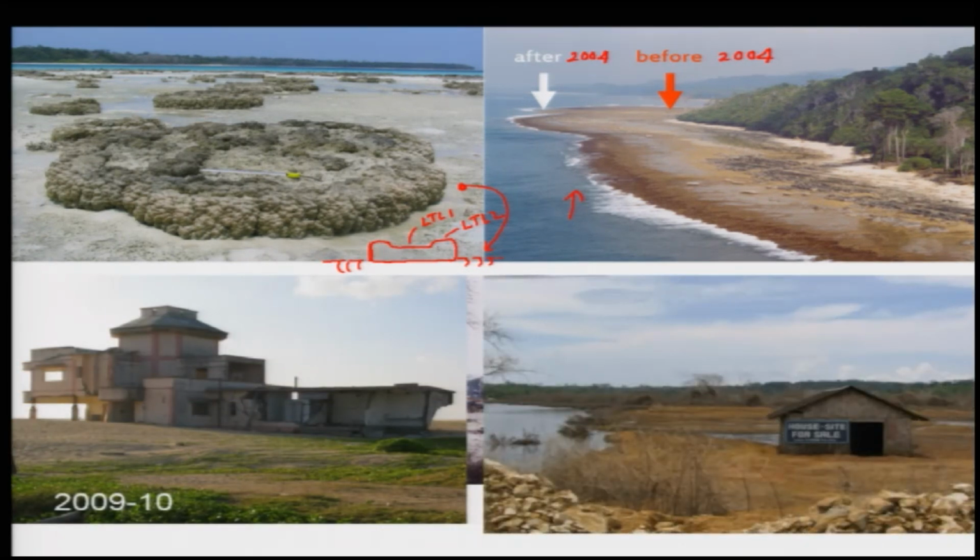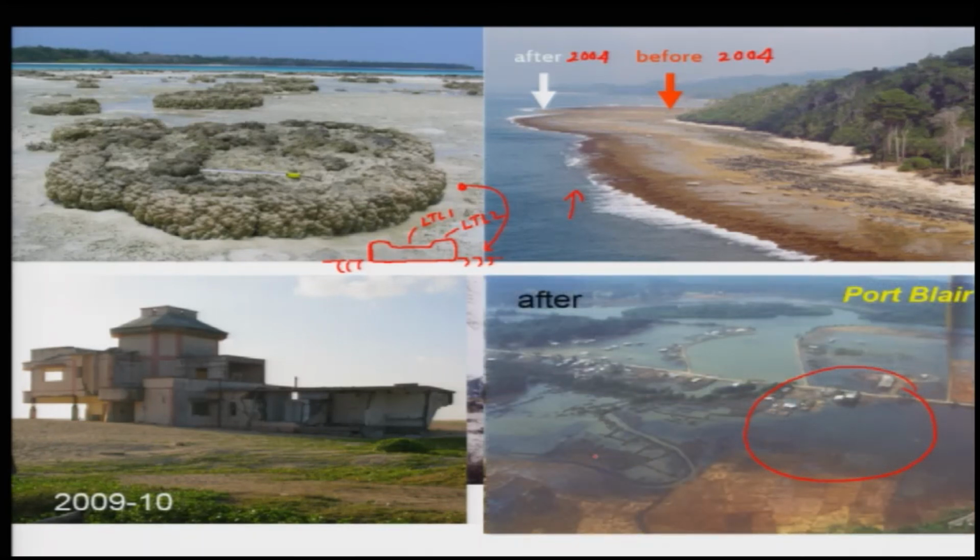Again there is a signature of the area near Port Blair, where the area subsided and the land price went down. You can see this hut sitting here saying house sites for sale, but nobody is interested because the area is getting inundated even during the low tide. So, this is the situation there in Port Blair. Okay. This was around after the 2004